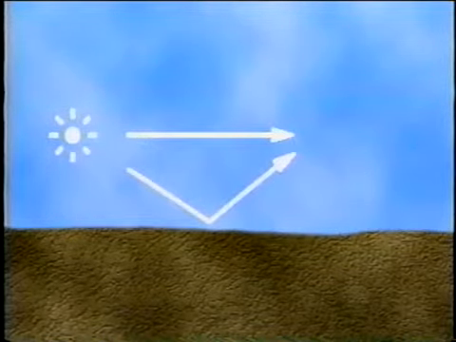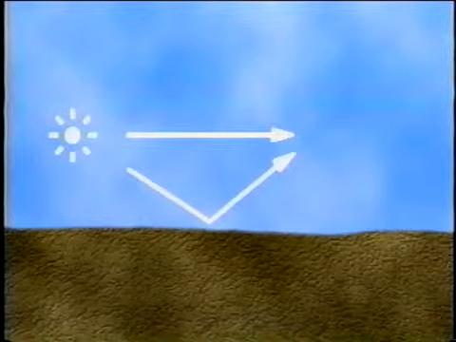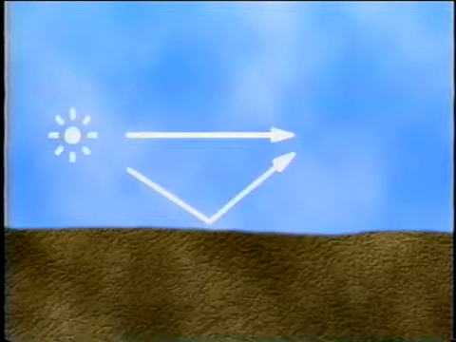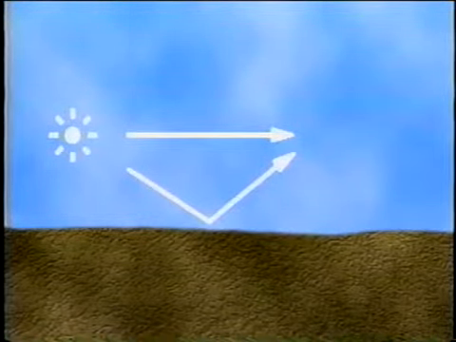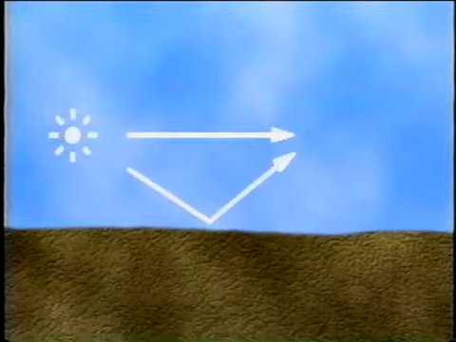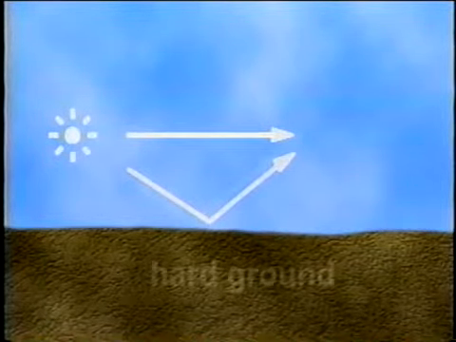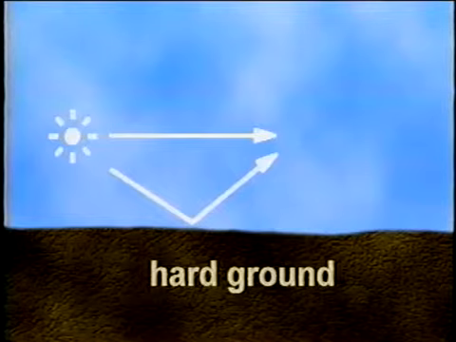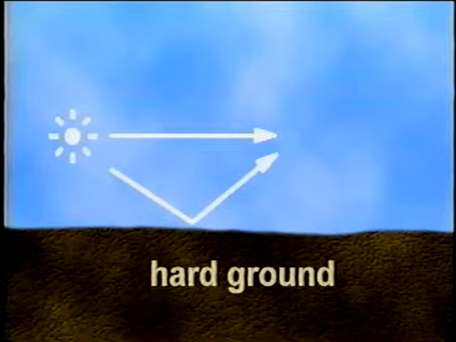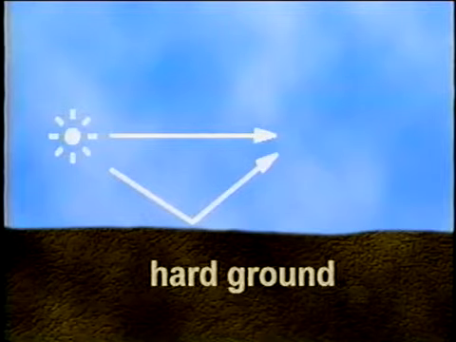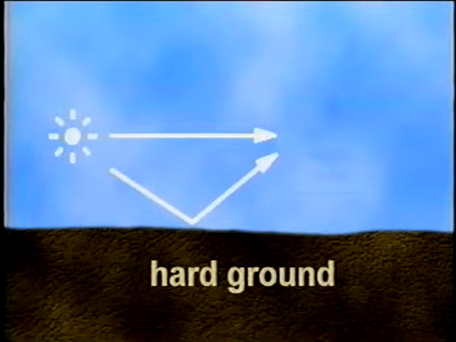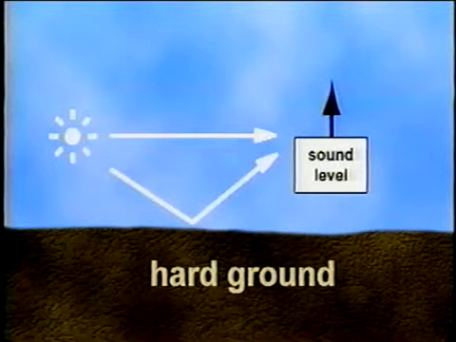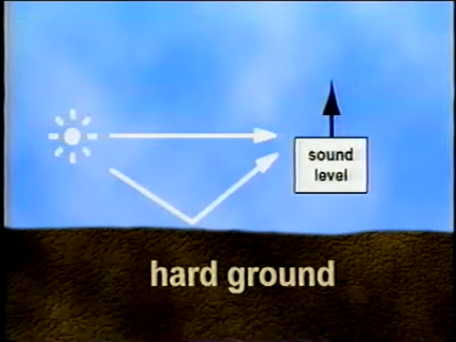In addition to a simple path from the source to a receiver, sound can also reflect off the ground during propagation. The ground reflected wave can interfere with the direct, non-reflected wave to produce a net increase or decrease in sound pressure level. Increases in sound pressure level can be attributed to an acoustically hard ground, such as asphalt or water, located between the source and the receiver. For practical highway applications, measurements have shown a 1 to 2 dB increase for the first and second row residences adjacent to the highway. It should be noted that theory indicates that in certain situations, greater increases are possible.